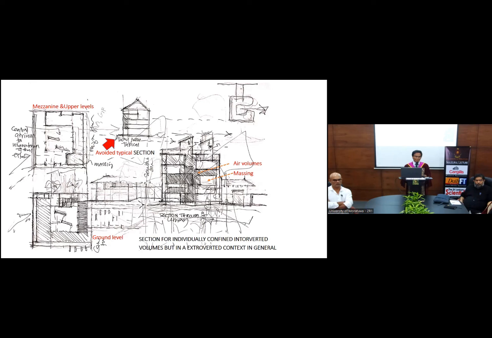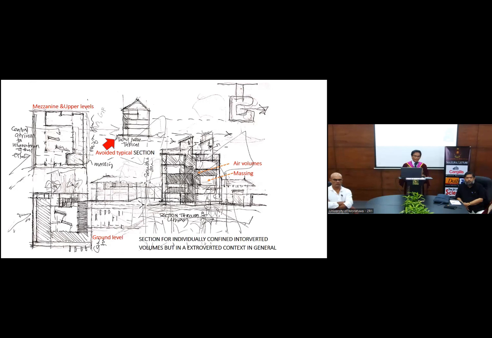But we wanted to have a square form because the program demands a square form. Program demands that form. So therefore, we decided to have a square form, but because of the west sunlight, we introduce a double wall, a complete blind wall to the west, but with slightly minimal openings. So you can see on the section there's a double skin that protects the internal spaces from the